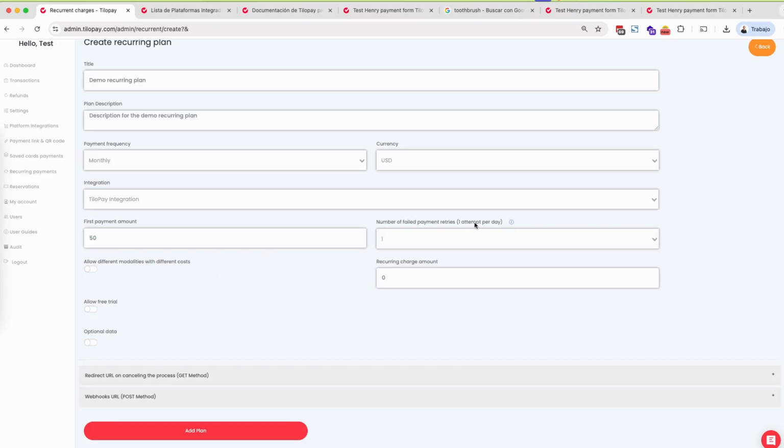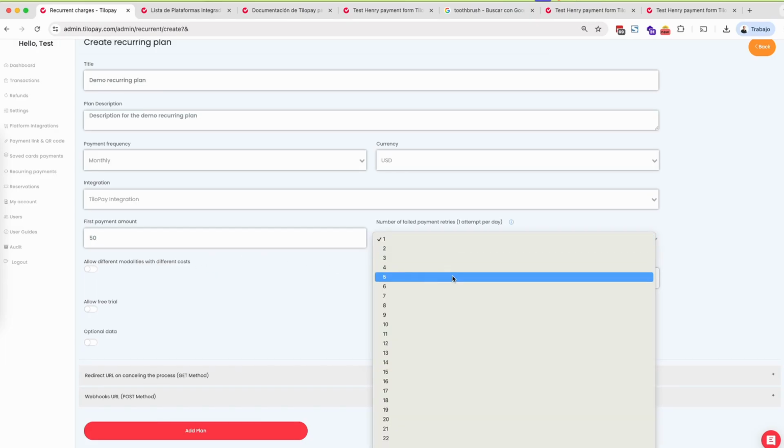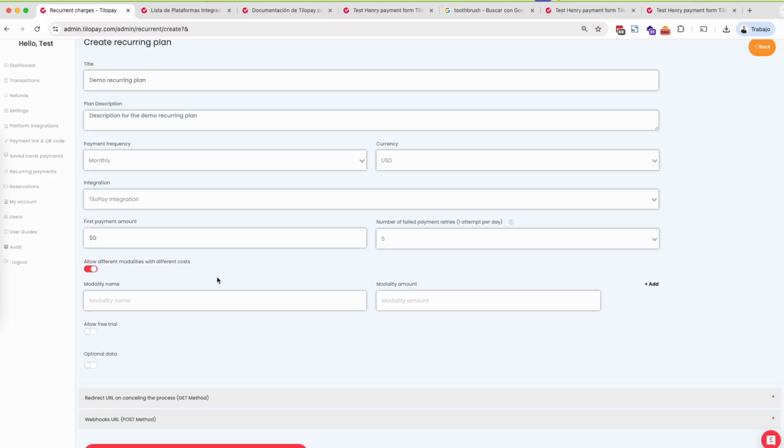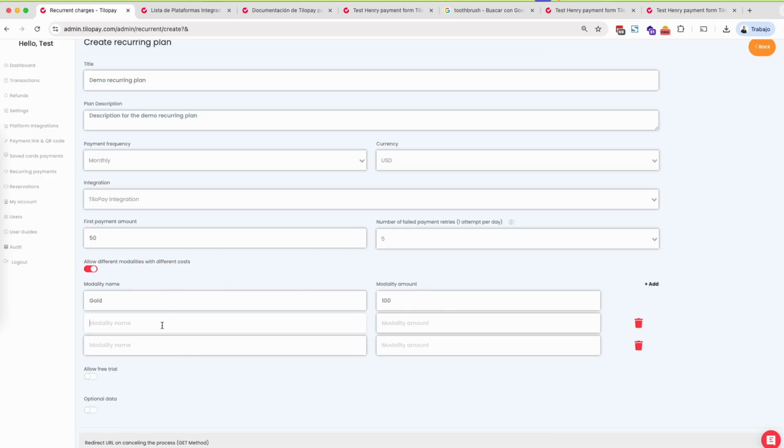And we do one attempt per day. So I can choose how many days are going to be attempted to retry a user whose card is denied. So I set up how much I want to charge my users per month, $100. So I can also allow different modalities. So if I want to add, gold is $100 and silver is $90